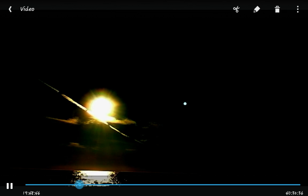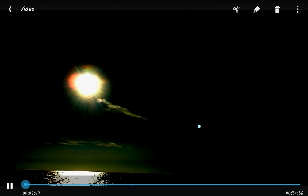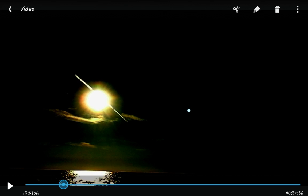You see it way over here? Perspective. That's what causes it. It's just like looking down the railroad tracks. As they disappear into the limit of your vision, they look like they're converging into a point, but they never do. Now, another thing to notice as it shines down on that contrail that appeared, you see that little blinking